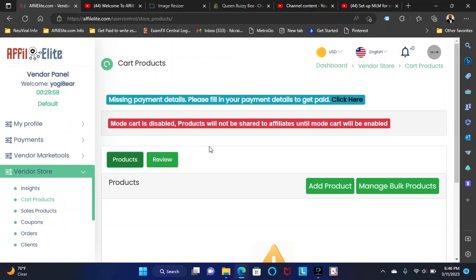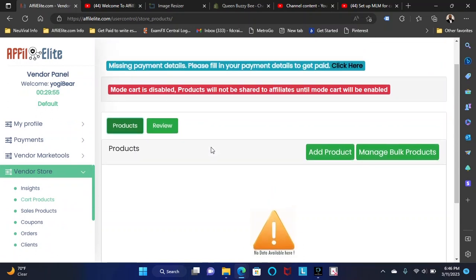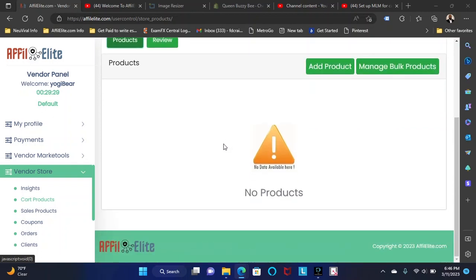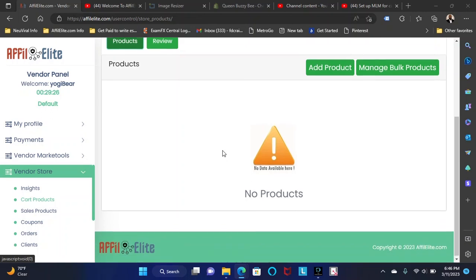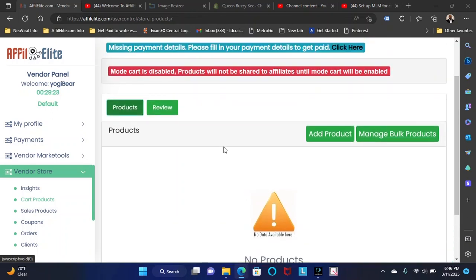Now, cart is going to be where in the future we're going to be able to offer where you can bulk manage products and add products into an online store that's going to be here. So we can turn the marketplace into an online store with checkout and everything like that, with shipping and order process and the whole thing. So that's going to be coming in the future. But for now, we don't have this on. We're going to be tailoring this and making the store and looking at different options for people to go ahead and sell right away on the website